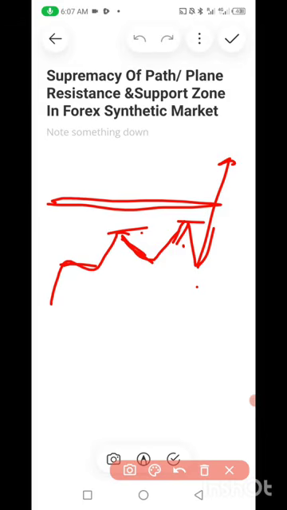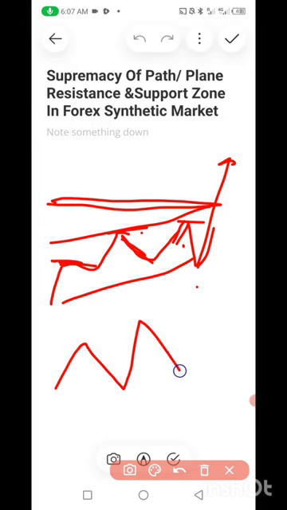Now, that is the assumption. You are assuming it because of what you have seen in the past. You are also assuming it because of this channel, because it's positive sloping, it's pointing upwards. But the truth is, when the market goes up, goes down, goes up, goes down, and then goes up and starts coming down, and then you think it will go up again, it's not like that. What you need to do is to understand these parts, to focus on these parts.